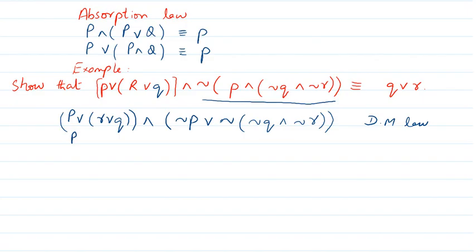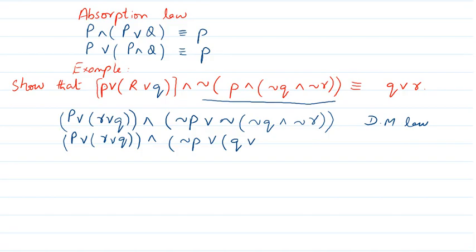P and R and Q, and it with not of P. Now applying De Morgan's law here, what I get is Q